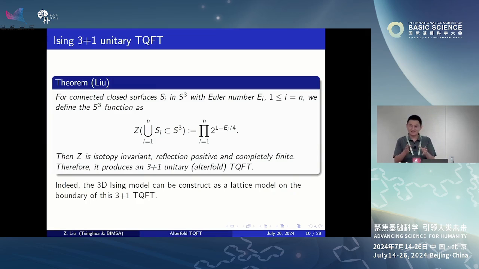So we start with this data that looks simple, but the important part is that this data has reflection positivity. That's the most important part. And then the general theory, what we call the autofold T cap T, will tell us how to get all other important data, like the T cap T, the lattice model, the Hamiltonian, all kinds of expected data just from the single data. So we will run that machine. The theory has two parts. We have this point in the middle, a linear functional with reflection positivity, and we have the general theory to produce all those rich data like higher category and T cap T. And this always works.